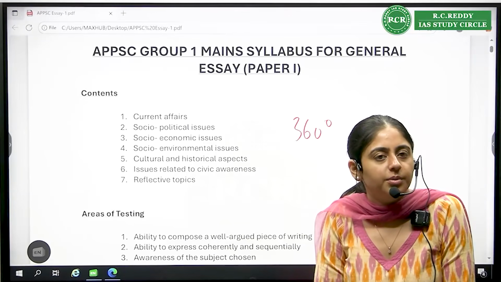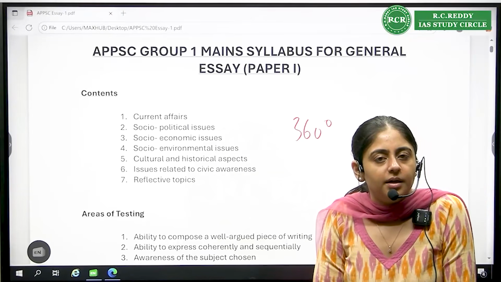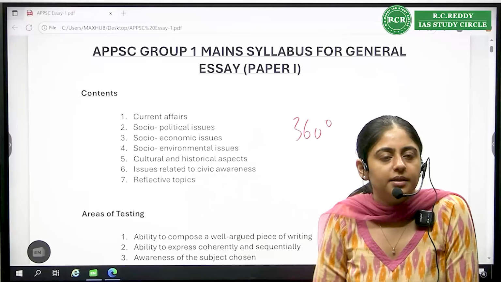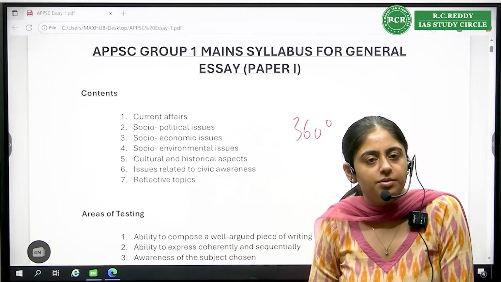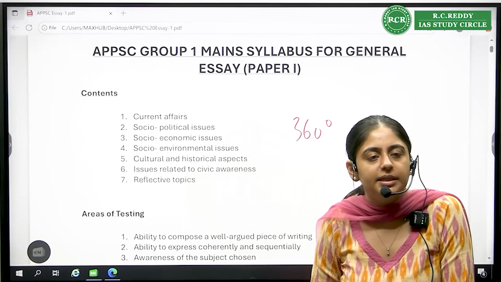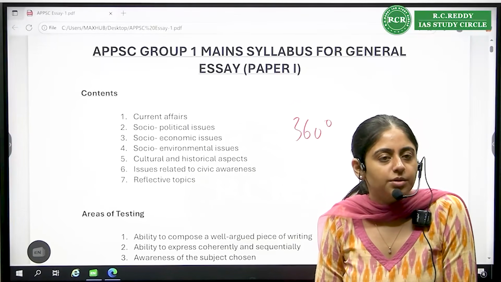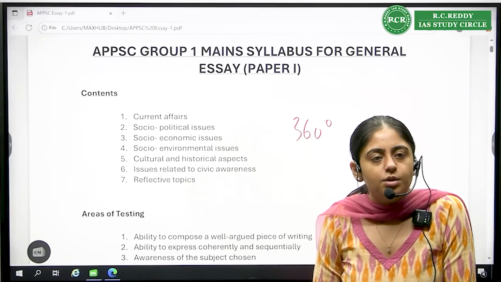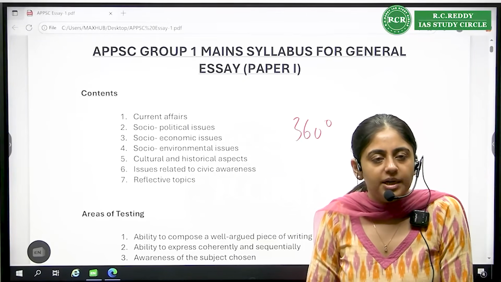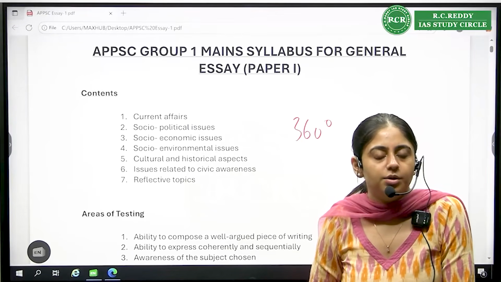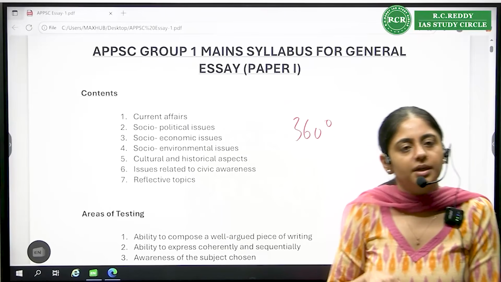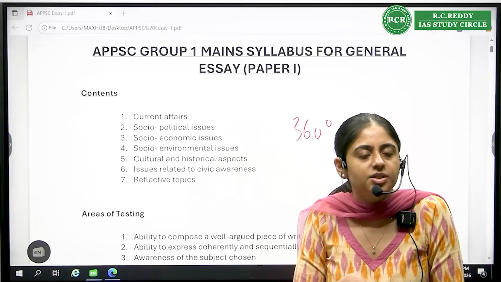Recently, just yesterday, there was a committee on Palestine and Israel, and they have declared that yes, it was a genocide. In fact, the person heading it was an Indian. The children were killed, and it was a genocide. Right? So, do you have the full knowledge about that geographical area? Do you understand the geopolitics around that particular thing? Do you understand the religious angle there?